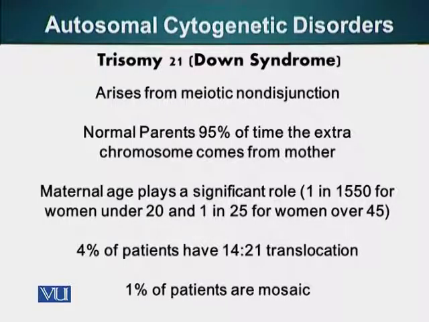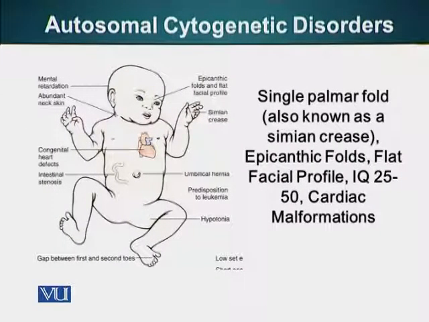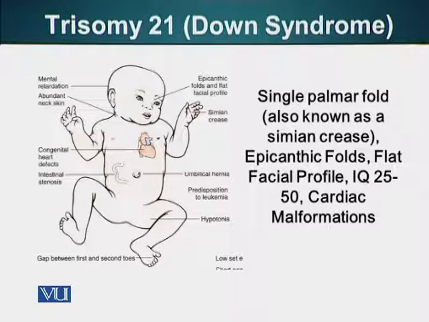What do I mean by mosaic? That all their cells are not the same genetically. Some cells will have an extra 21 chromosome, other cells will have the normal number of chromosomes, which is 2 copies of chromosome 21, and the total number is 46. So the severity of this disease depends upon the degree of mosaicism. If we are looking at a mosaic patient, the severity will depend upon how many normal cells